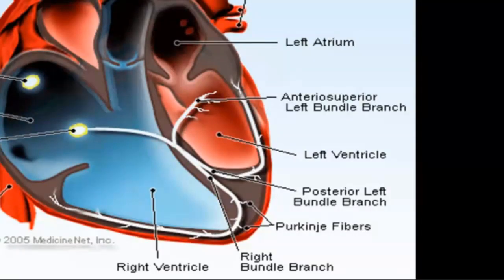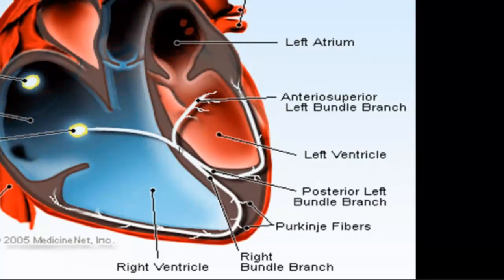Before we get into arrhythmia and its details, you need to know a brief, useful summary of the electrical skeleton of the heart. It begins from the SA node here at the higher right atrium. This is the pacemaker of the firing impulse of the electricity of the heart that propagates to the AV node, which is here at the interventricular septum. The AV node is the first resting station where the impulse stays for milliseconds,